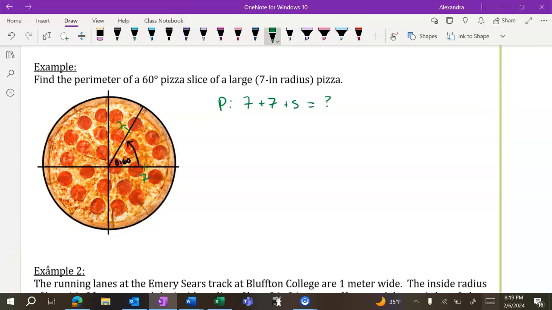So I've got to find what that arc length is so that I can add it back to my perimeter. Again, you can use either version of that equation, but if we stick with the original one, that's going to be our 60 over 360